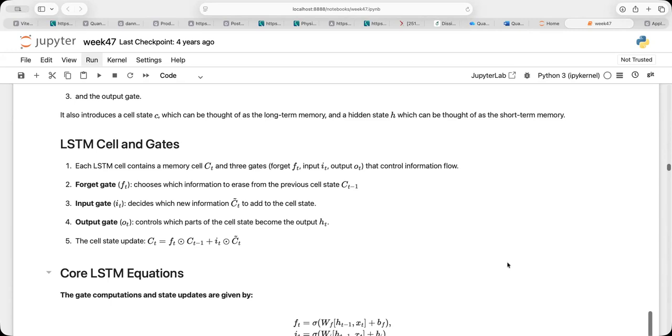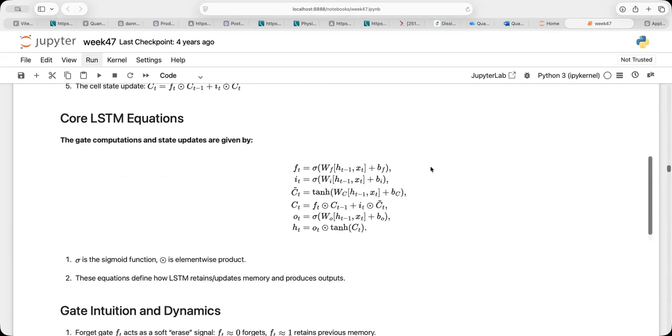And then the cell state update is given as a combination of this input gate and the forget gate. And the typical core LSTM equations, which we need to have encoded, are the ways we set up the information into the forget gate, the input gate, and then the way we change the cell state.